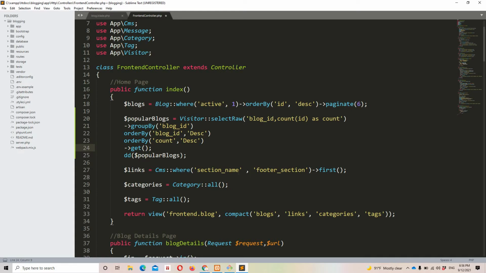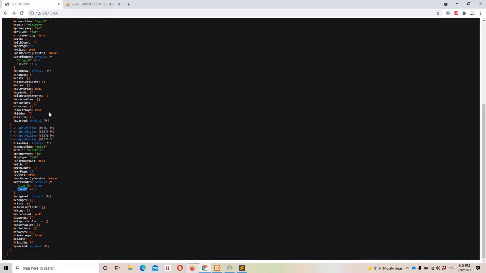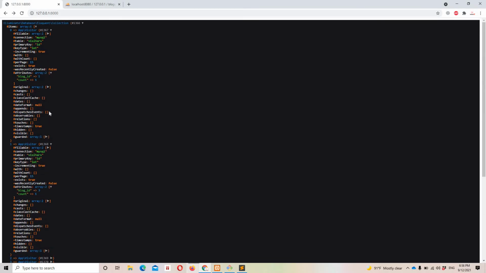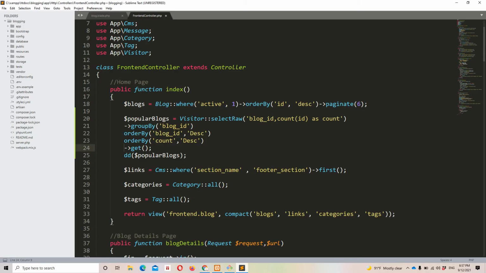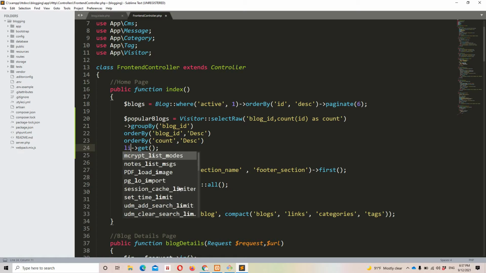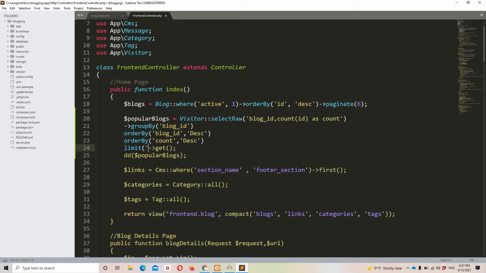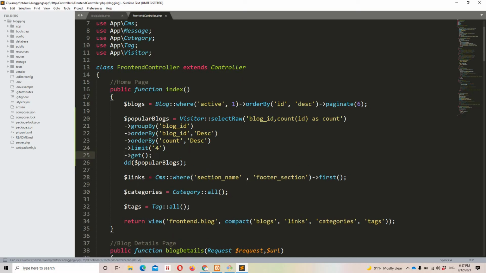Also we can limit the records, because in this case guys, I don't want to get all the blogs. I just want the popular blogs which have the maximum count. Let's say in this case I want just 4 blogs that have the highest view count or unique views. So for that I can simply implement limit. So yeah, limit, and actually it isn't going to work because I'm missing an arrow right here and right here as well. Okay, so limit 4 records. I hope it makes sense guys. And now it is going to give us the result for the max count and limit it by 4.